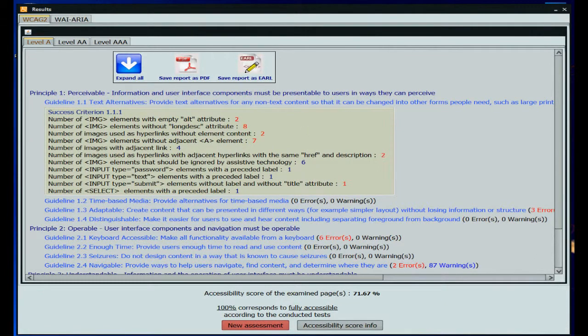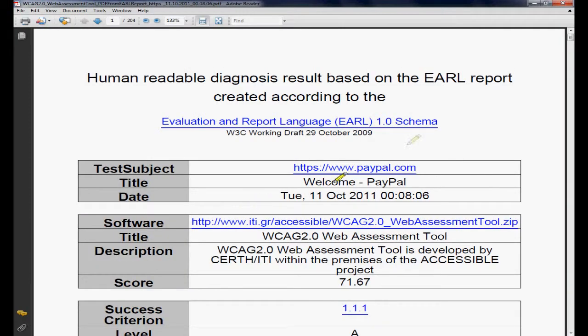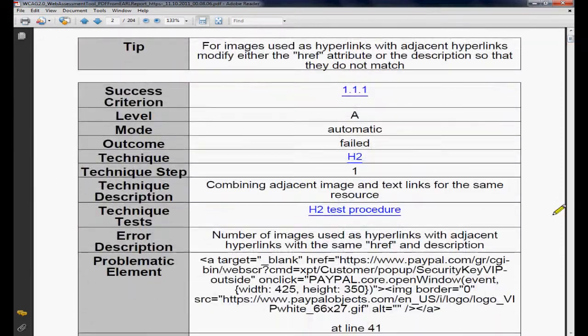Moreover, the assessment results are available in an ARL format. An ARL is a machine-readable format that serves to the exchange of evaluation results between web accessibility evaluation tools.